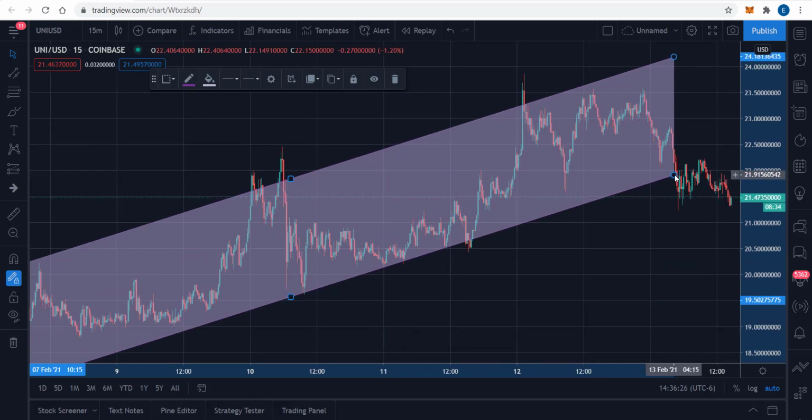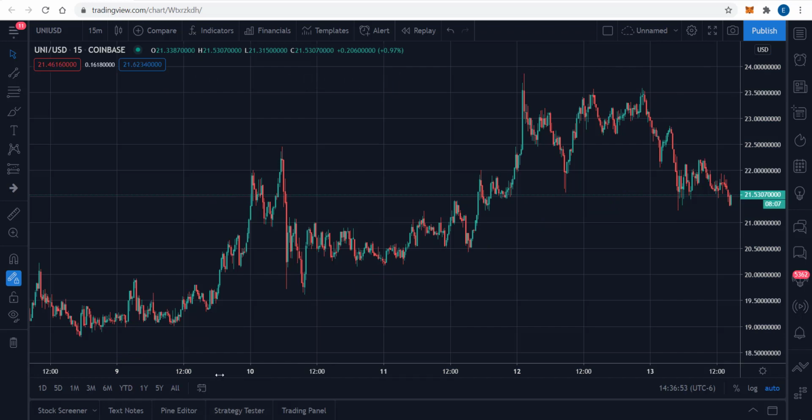The bottom of this channel was $21.90, basically $21.91, and we're just a little bit below that. We're about 50 cents below that right now, 40 cents below. We could end up popping right back into this channel and continuing a long-term trend higher. So that's going to be that on this.